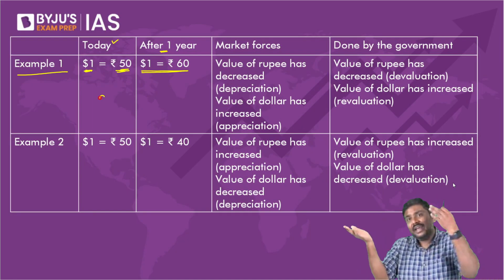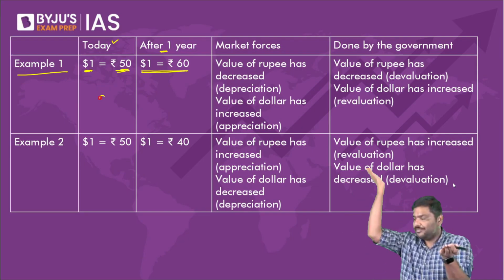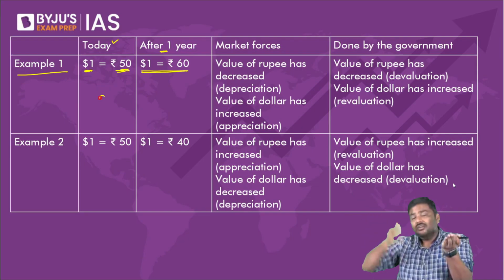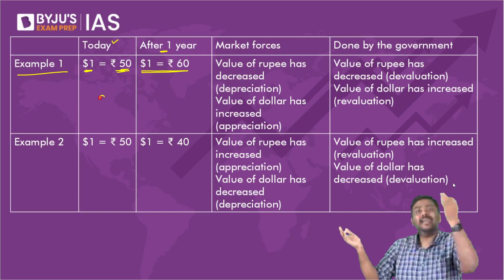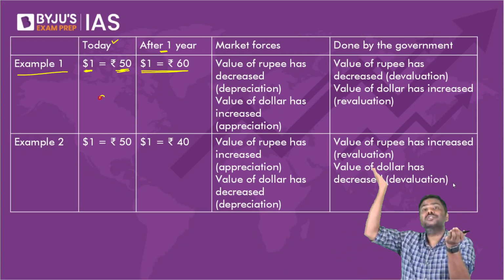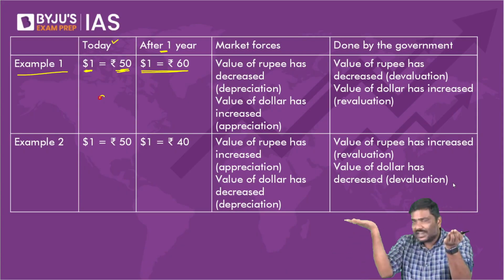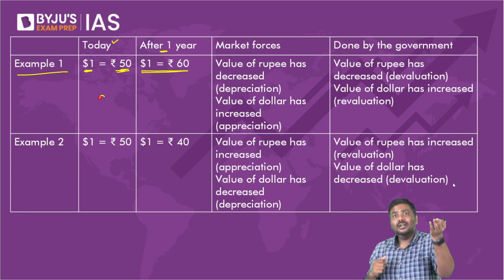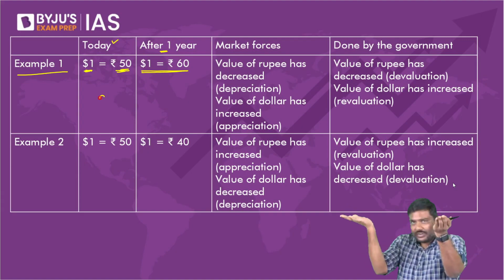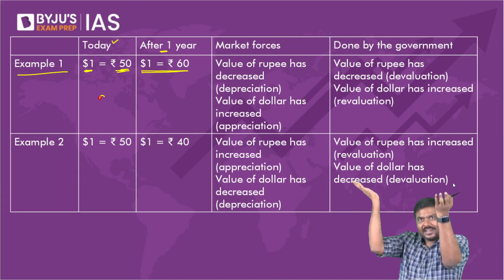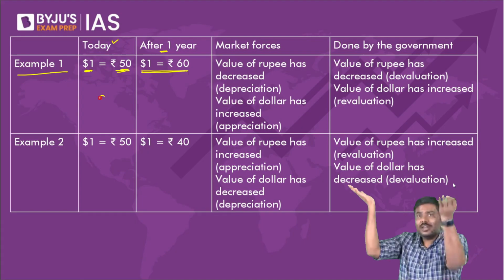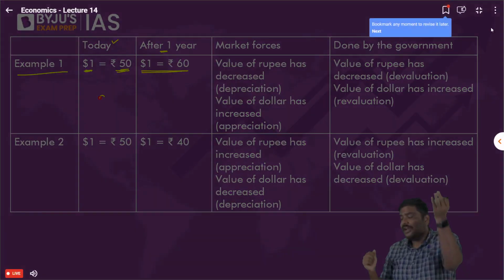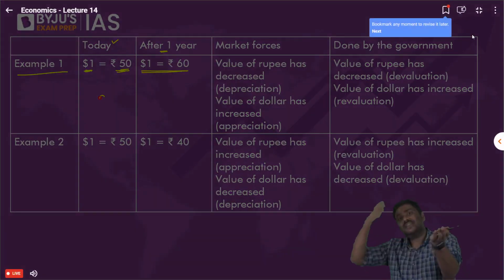What do you mean by appreciation? Value of one currency against another currency goes up. I will repeat it. Value of one currency against another currency goes up. So which currency was appreciated? And on the other side, if the value of one currency goes up, can I say the value of the second currency has gone down? Value has gone down. So when value of one currency against another